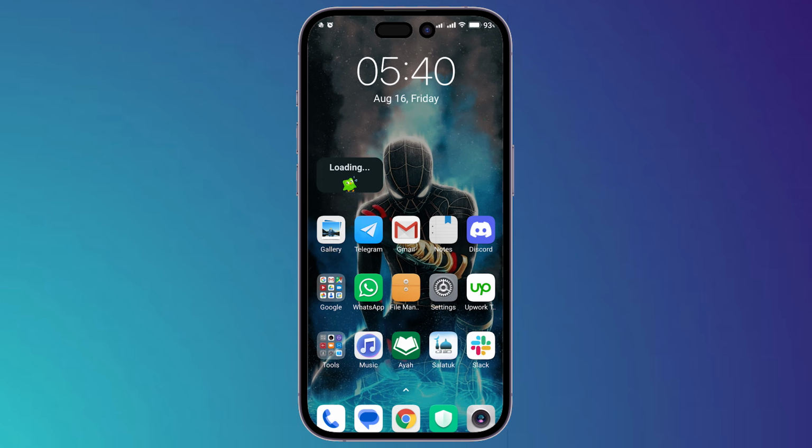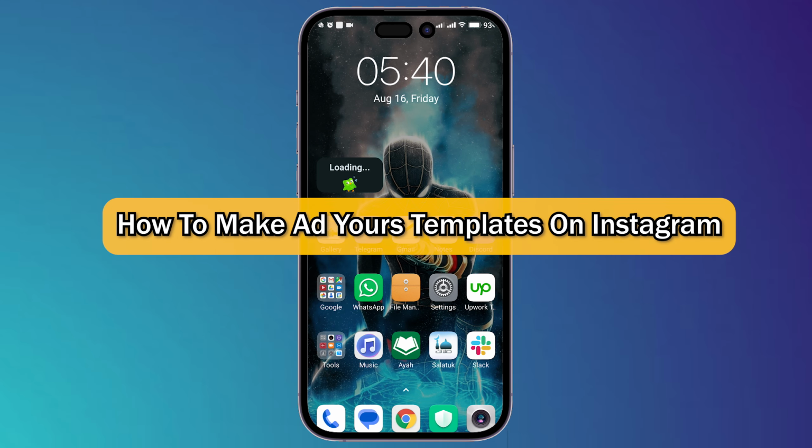What's up guys, I am Zane and today I'm going to show you how to make Add Yours templates on